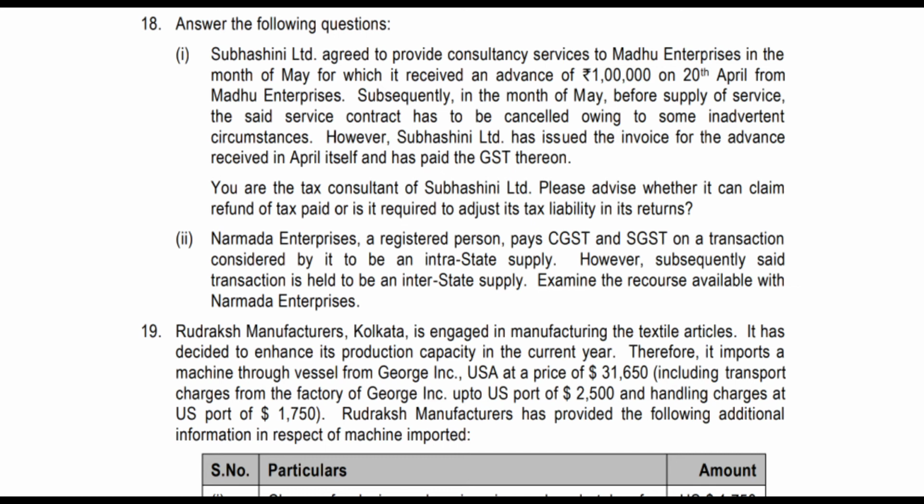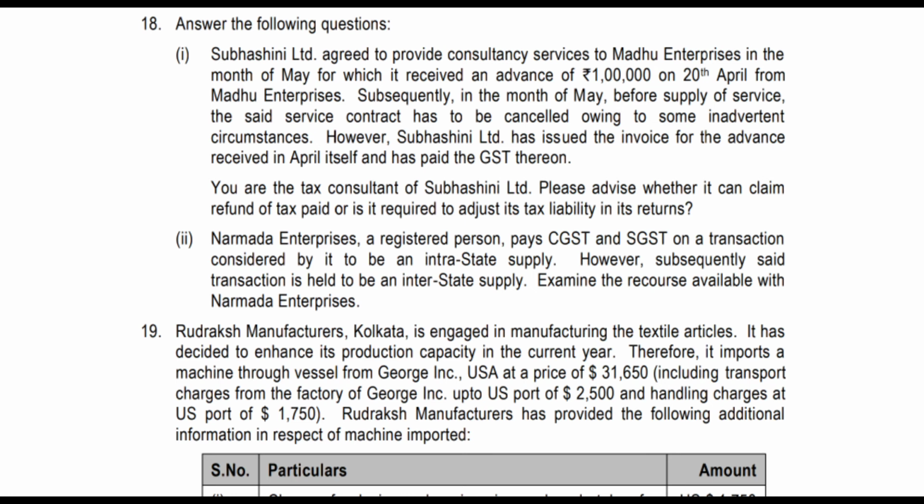Subsequently, in the month of May, before supply of service, the said service contract had to be cancelled owing to some inadvertent circumstances. However, Subhasini Limited has issued the invoice for the advance received in April itself and has paid the GST thereon. You are tax consultant of Subhasini Limited. Please advise whether it can claim the refund of tax paid or it is required to adjust its tax liability on its return. So there is a section